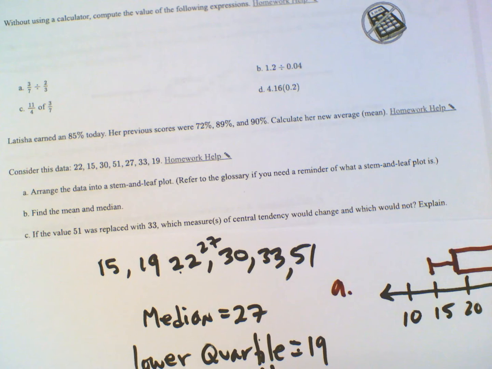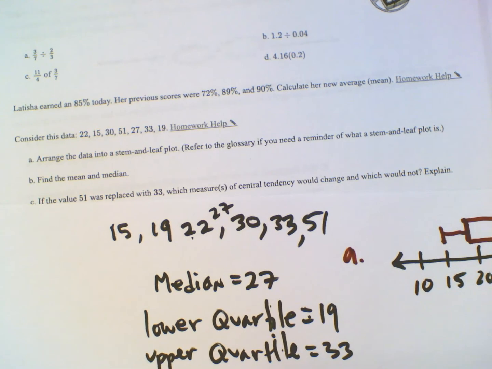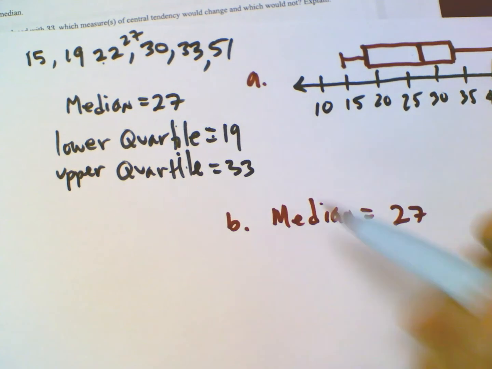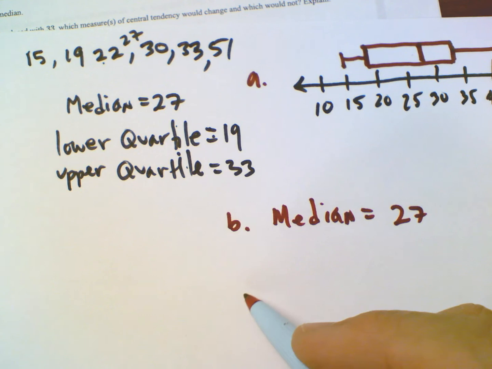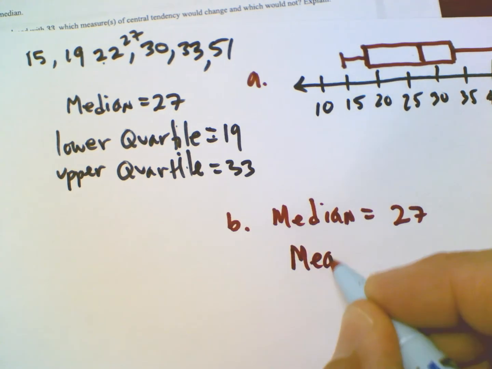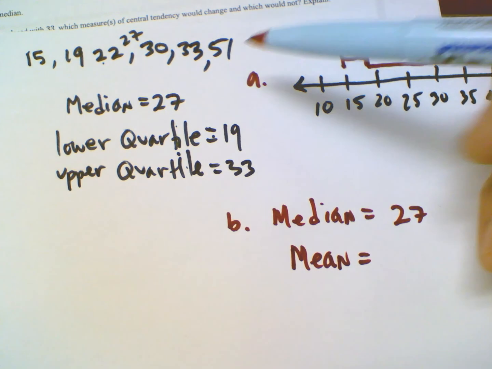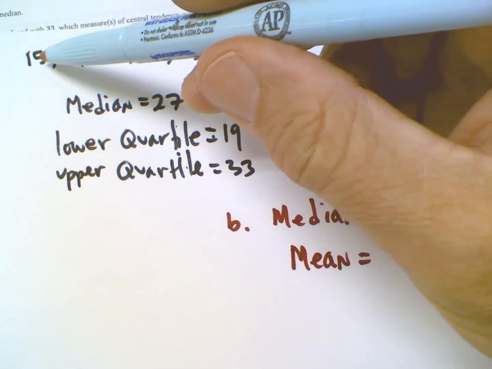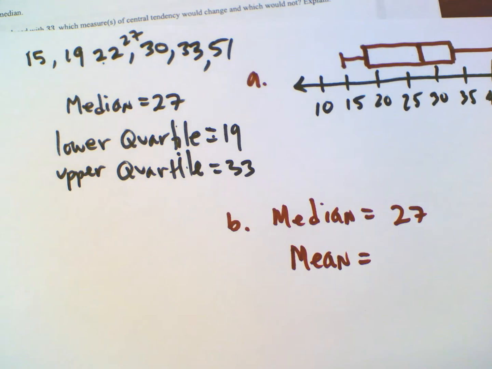Arrange the data in a stem and leaf plot. Okay. And then find the mean and the median. So part B, well, the median we already got, right? Median is 27. We got that when we did the box plot there. So the mean, remember how to do mean? Mean is actually average. So I would have to add all those numbers up and then divide by the number of numbers. So if we quickly add those numbers up,